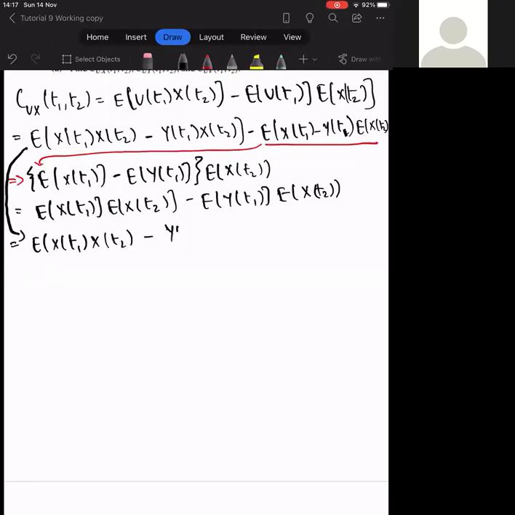Minus y of t1 x of t2, all of this minus v of x of, मैं इसको ऊपर नीचे से लिख रहा हूँ ताकि आपको अगला स्टेप सही से समझ आ जाए। Minus E of y of t1, E of x of t2, ठीक है। तो